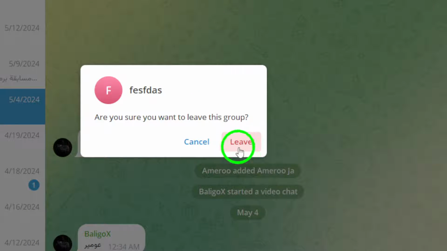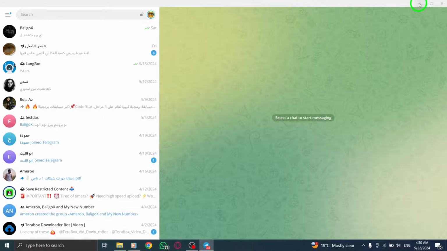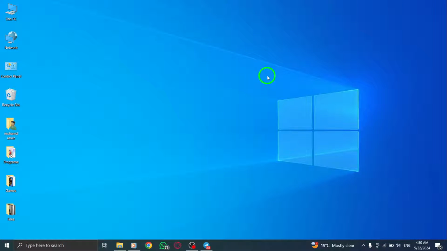By unfollowing a group, you can declutter your Telegram feed and focus on the groups that are most relevant to you. Unfollowing groups that no longer interest you can help streamline your Telegram experience and ensure that you engage with groups that align with your interests. By following these steps, you can easily unfollow groups on Telegram on your PC, customizing your group memberships to suit